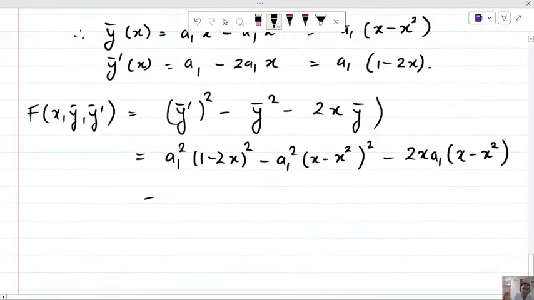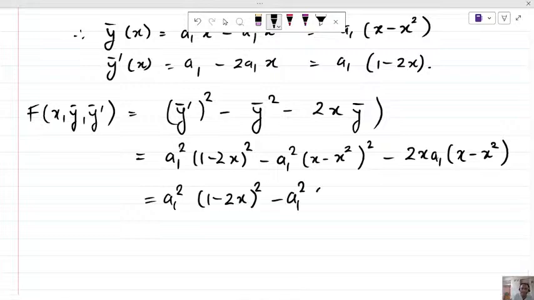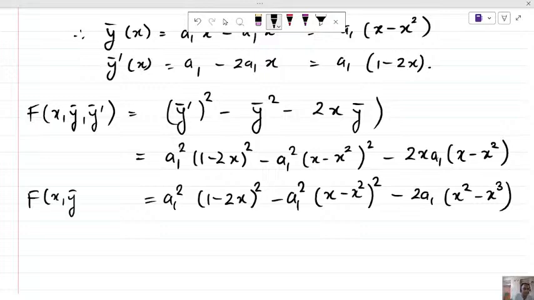So here it is a1 square into 1 minus 2x square, minus a1 square into x minus x square, and 2a1 x square minus x cube. When you have this, it is f of x y bar dash. So what we will do now,